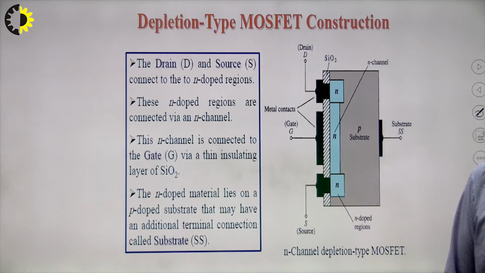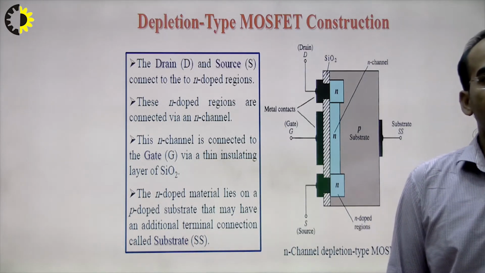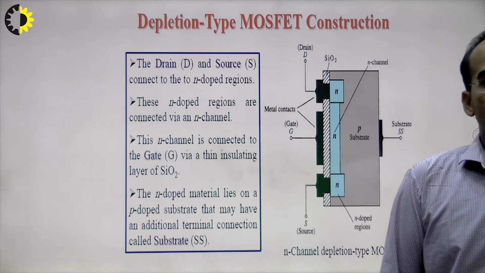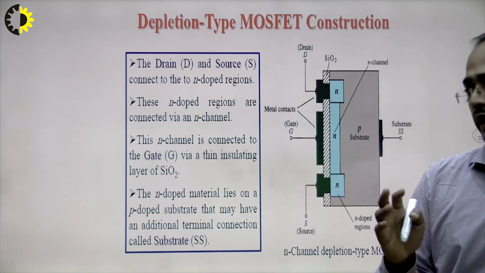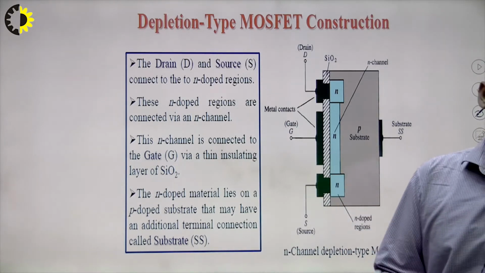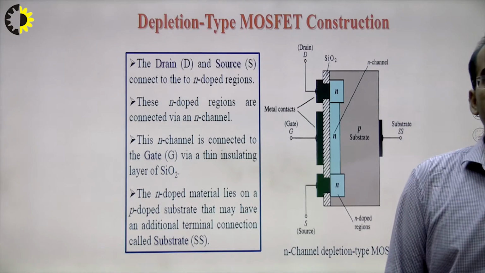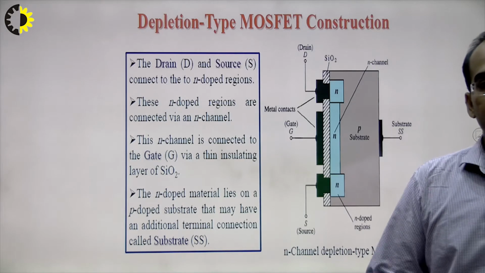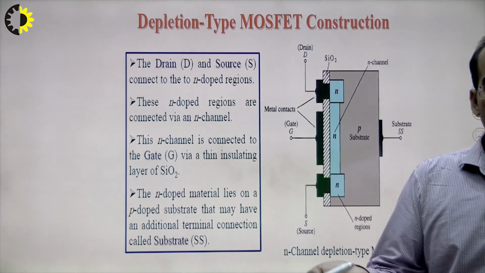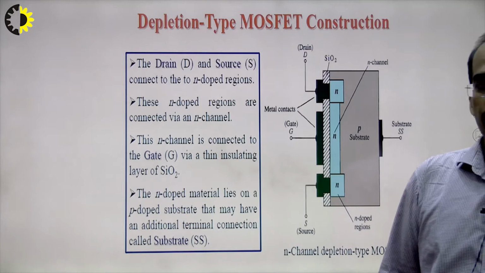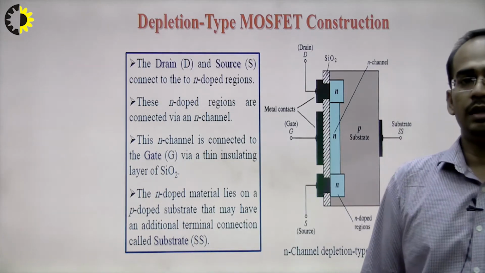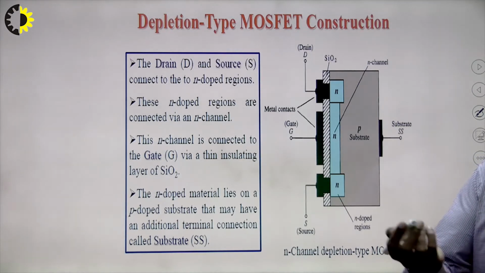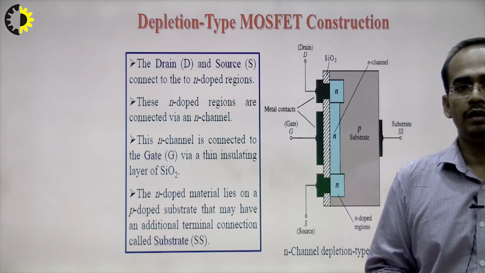As in the JFET, I told you that we were taking 3 conditions. In case of JFET, first the gate to source voltage is 0 and drain to source voltage is 0, that was the no bias condition. After that we took VGS equal to 0 and VDS greater than 0. After that we applied the gate to source voltage, negative or positive depending upon the N channel and P channel JFET, and we saw how the gate to source voltage controls the drain current flowing from drain to source or source to drain.